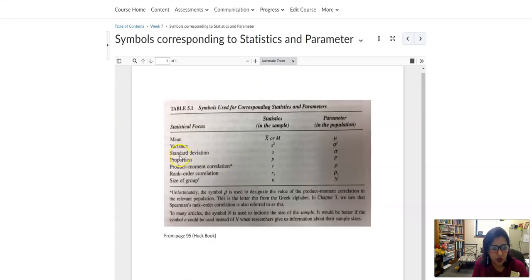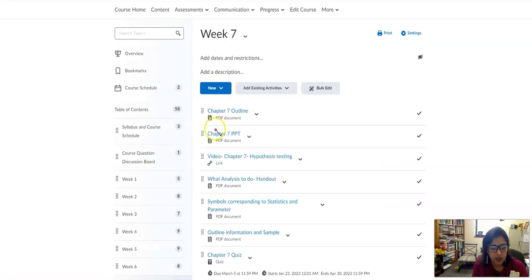that you use. For example, standard deviation is denoted by an S when it's a sample taken from the population. But when it is about the population, then you have this sigma as the symbol. So these are just to see. Again, it is from page 95 of your Hulk book. So as you're working on hypothesis testing, you're going to see mu and other symbols, and hence I put that